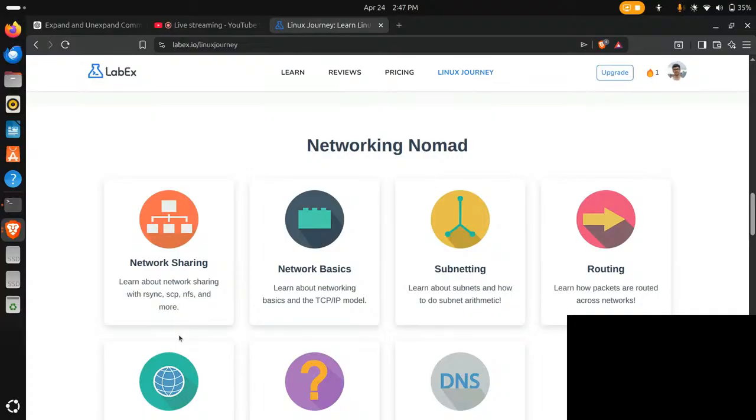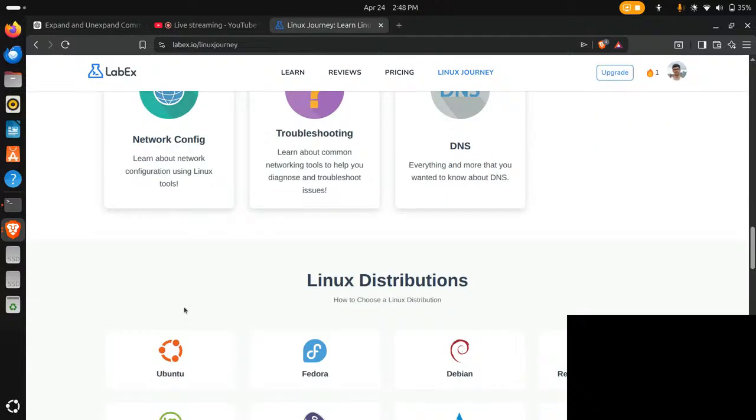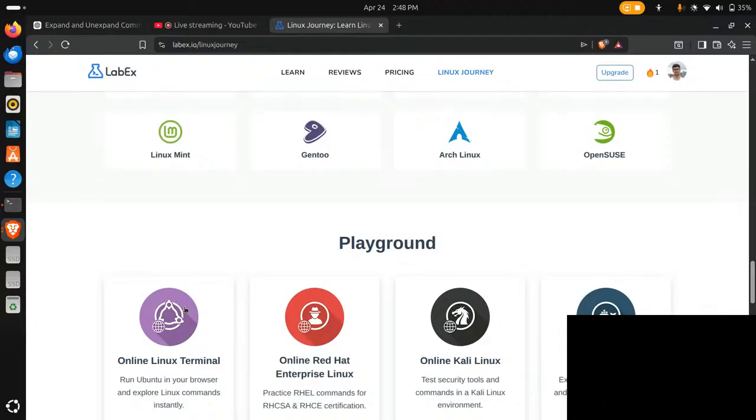And we have network basics, learn about networking basics and the TCP/IP model. Subnetting, learn about subnets and subnet arithmetic. Routing, learn how packets are routed across networks. Network config, learn about network configuration using Linux tools. Troubleshooting, learn about common networking tools to help you diagnose and troubleshoot issues. DNS, everything and more that you wanted to know about DNS. So, without further ado,